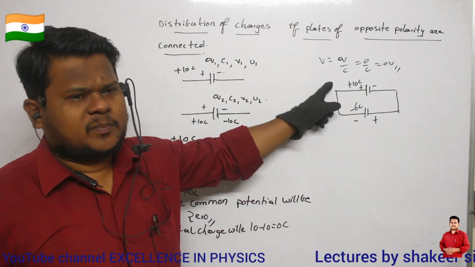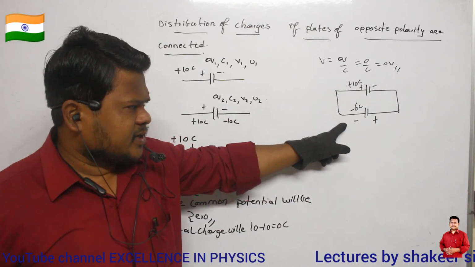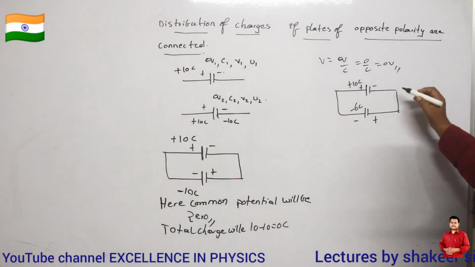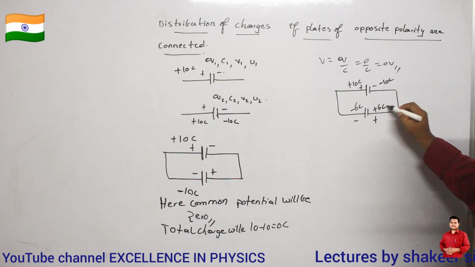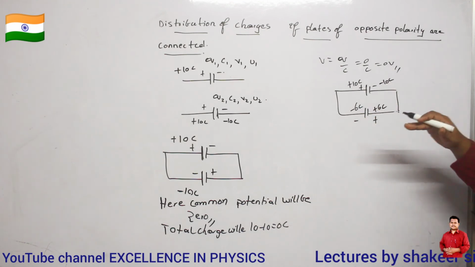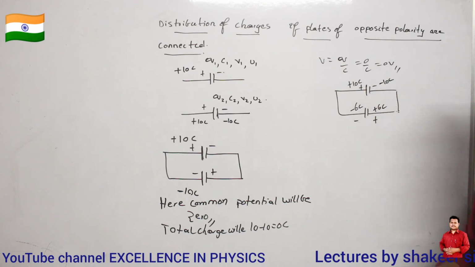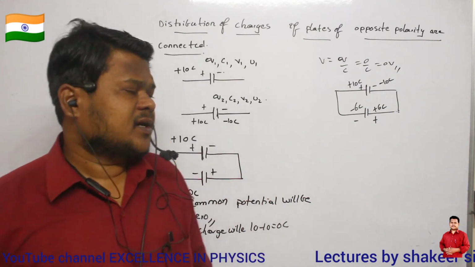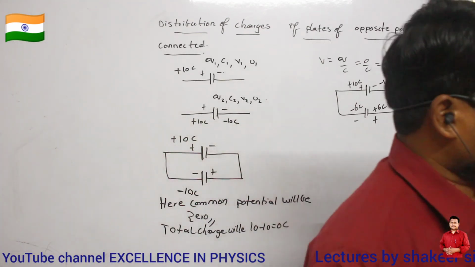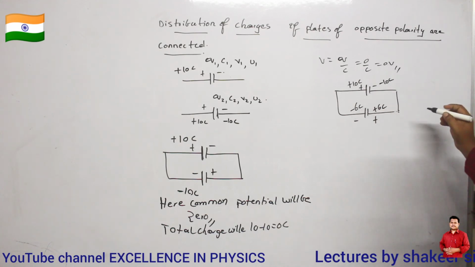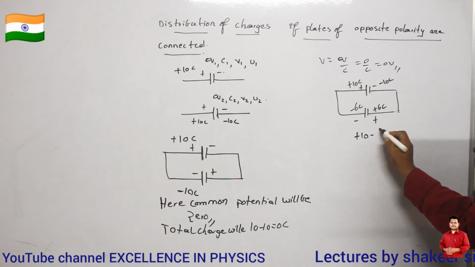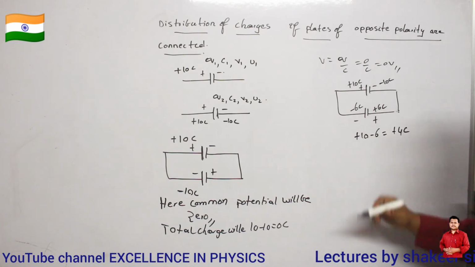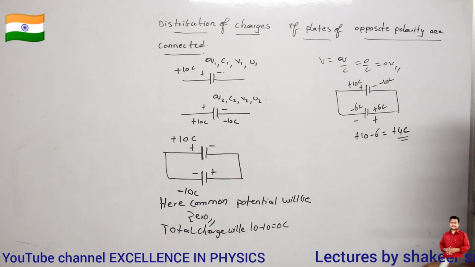On the positive plate plus 10 coulombs of charge is present. On the negative plate minus 6 coulombs of charge is present. So it means that this is minus 10 coulombs and this is plus 6 coulombs. This is the arrangement initially while I am connecting. After connection, can you say what will happen? Come on. So add both the charges. Yes, plus 10 minus 6. Plus 10 minus 6 is how much? Plus 4. So on both the plates of the capacitor, plus 4 coulombs of charge will be present.